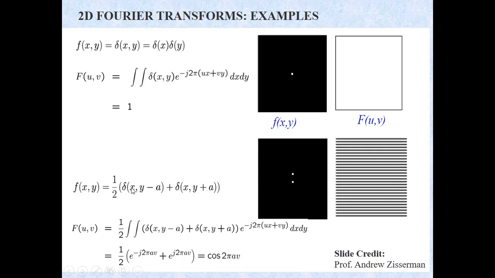Yes, see, mathematically, if you see delta of (x, y minus a) and delta of (x, y plus a), in x direction there is nothing; at 0 itself there is an impulse. In y direction, you have an impulse at a and minus a. So that is relating this to this. Is that clear? Can this image be related to this? Yes.